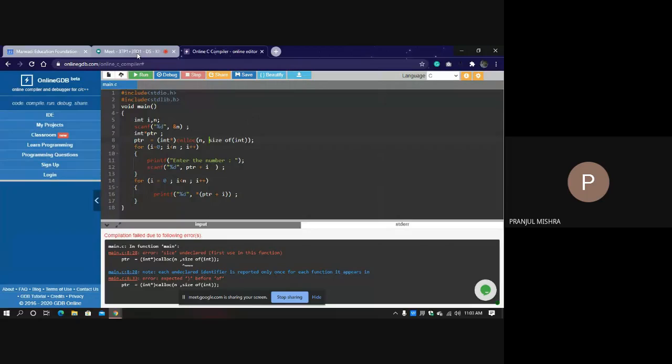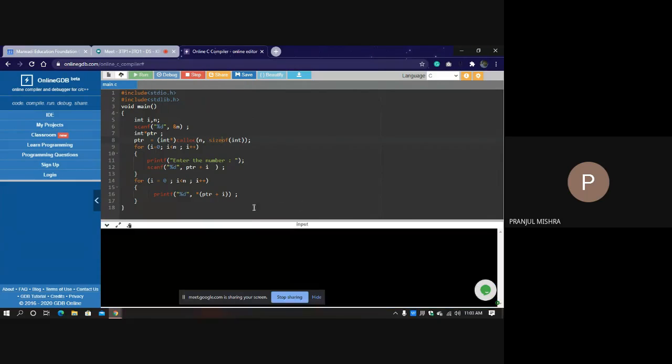And size and of, there won't be space. Okay, sorry.